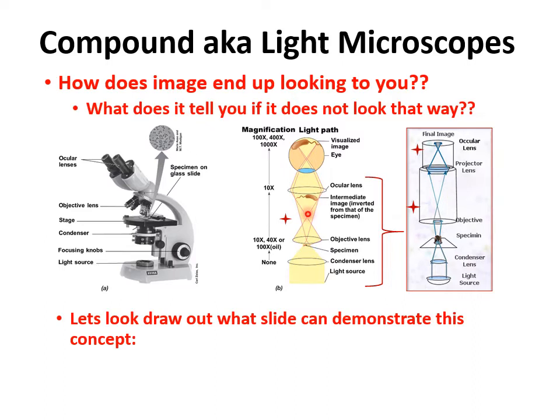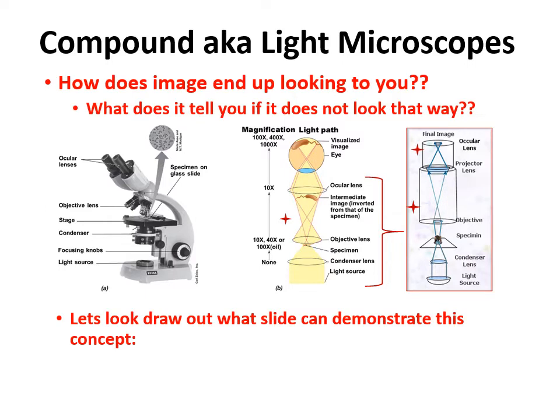And what it specifically means is that there is a third lens in that microscope. Okay, so if I ever ask you, what does it tell you if the image is not upside down and reverse, instead it's normal, it tells you that there's a third lens in that microscope. It's called the projector lens. So you'll find it between the ocular and the objective. So that now when the light rays cross the first time, it flips the image, and then they cross a second time to flip it back to normal. So if we were to draw out this concept, I'm just going to switch over from the laser to the pen. Okay, so